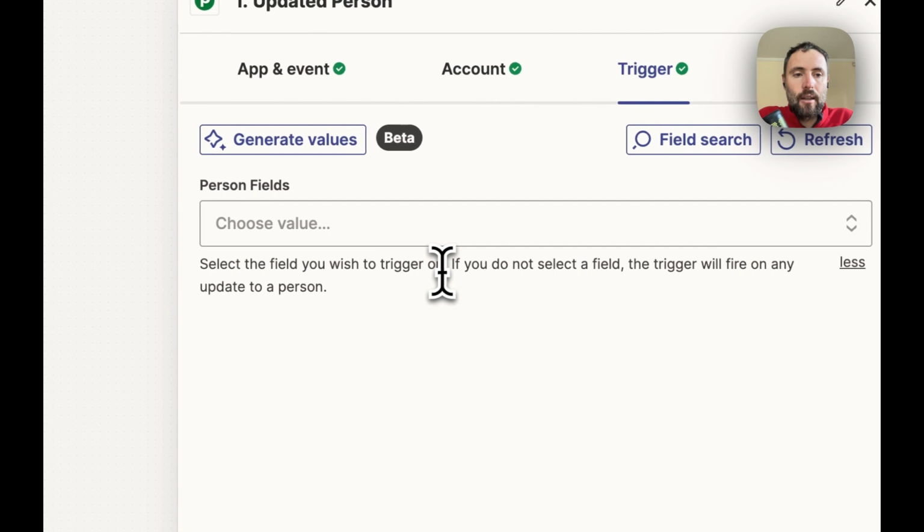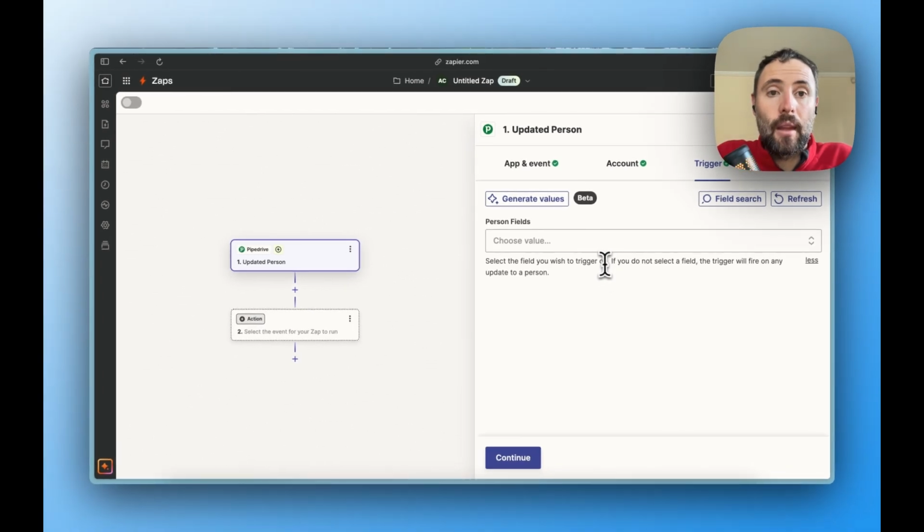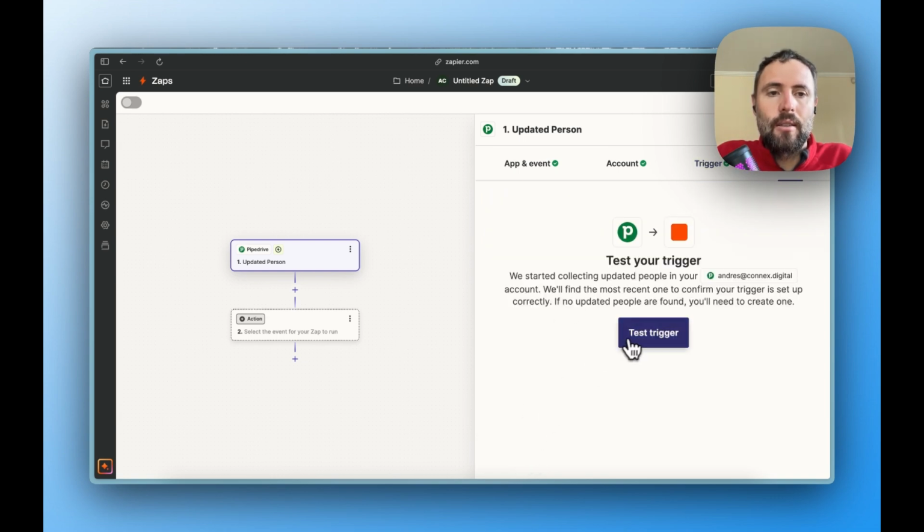Otherwise, if we don't select anything, this would trigger on any updates. So be it name, phone number, or email address. I will leave this open for now. But if you update your contacts often, you may want to filter on specific fields so you save on task consumption. I'm going to hit continue, test trigger,